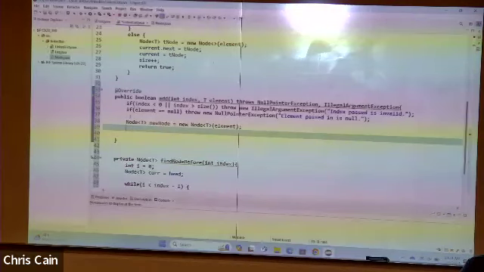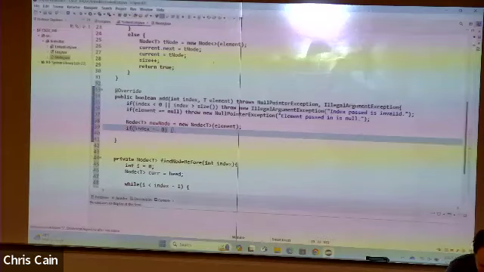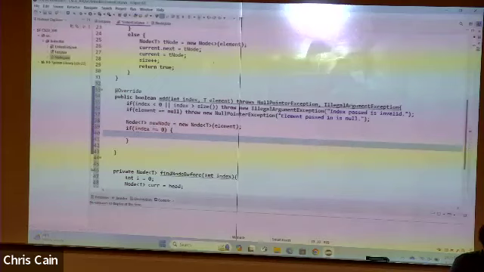Actually, we have two things that we need to check. We kind of have a branching point here, don't we? We need to figure out where this is in the list, or rather if the list is empty, or if we're setting it at the beginning of the list or in the middle of the list. So if index is 0, then we don't want to call find node before on the head. So let's actually check if index is 0. Then we want to set,